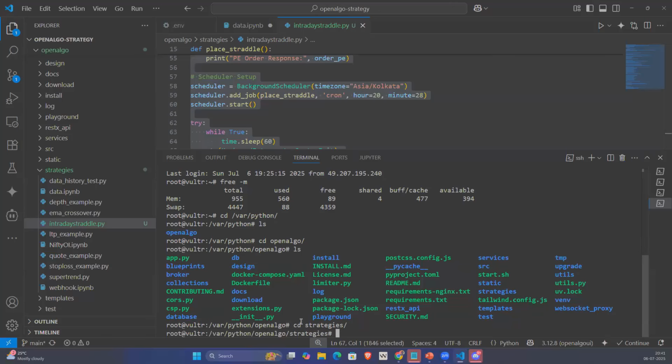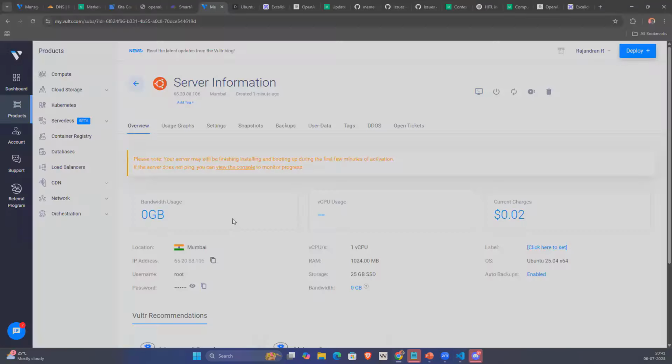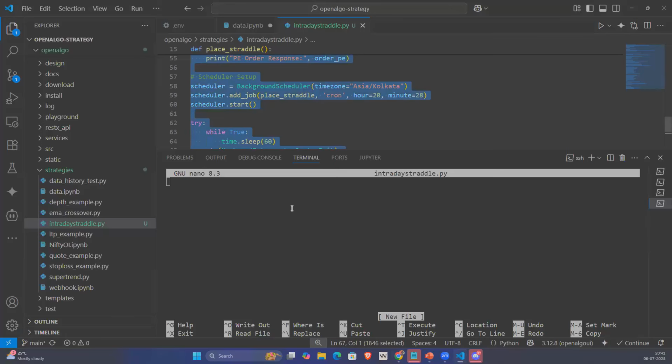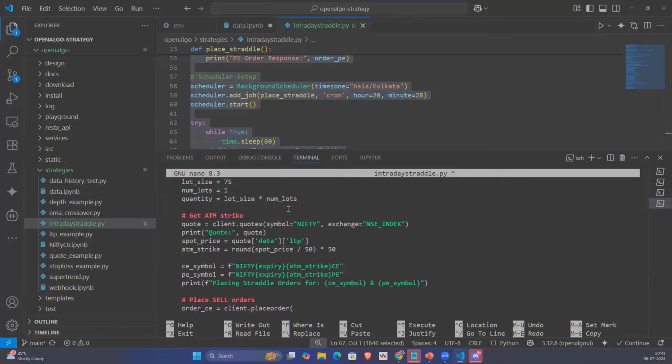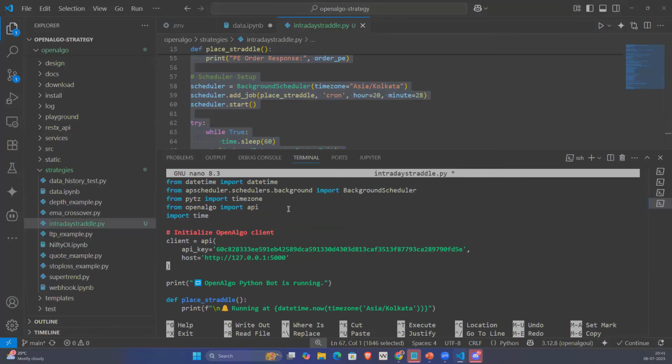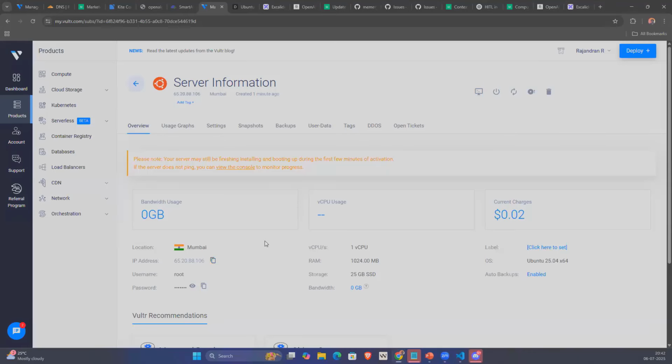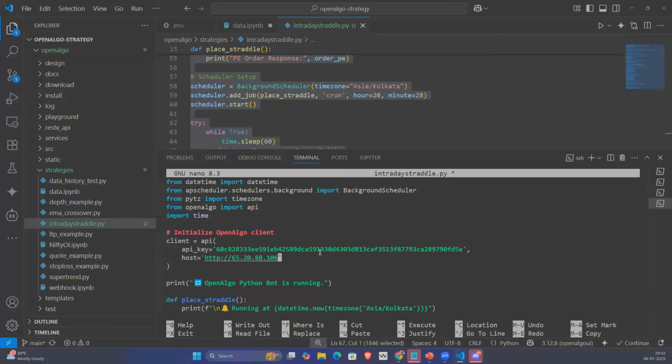Inside my strategies folder, I'm going to create this nano intraday_straddle.py. Obviously, I have to go and get the code. This is my code, I'm going to paste it. I'll ensure that I'm using the right host and the right API key. Let's say I'm going to run it on my domain name; this is my domain name, that's going to be my host. My API key is going to be